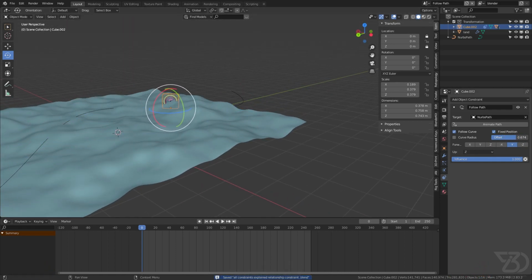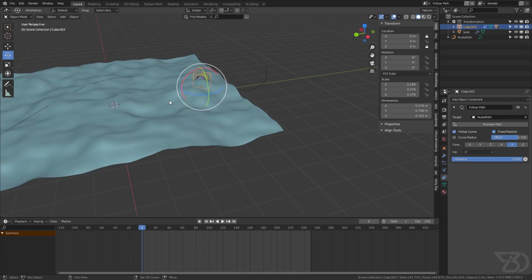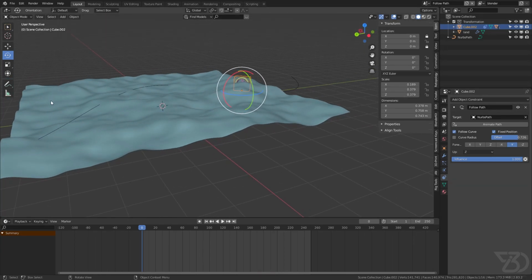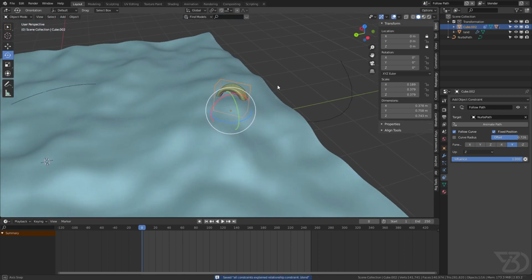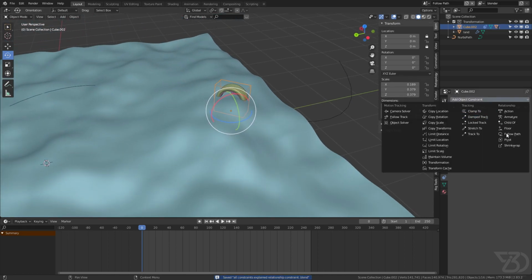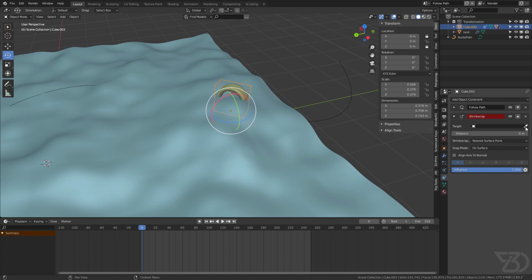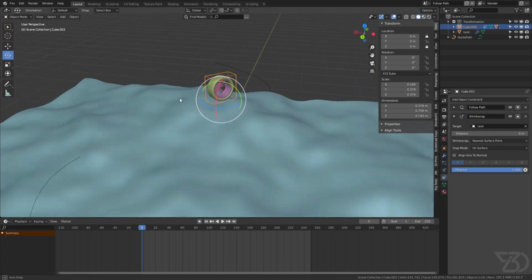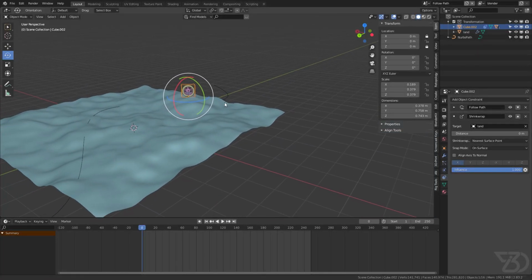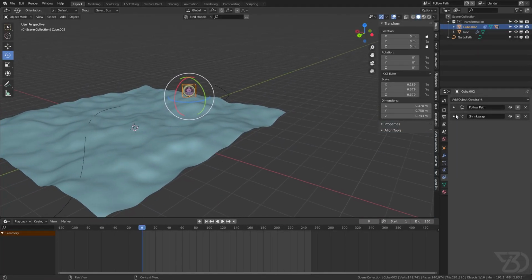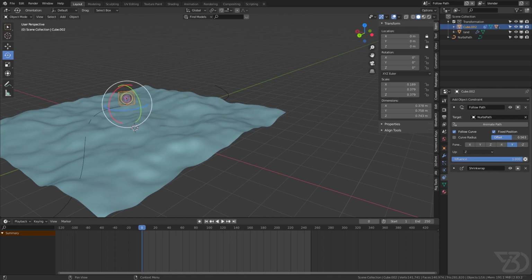But if we want it to go from like that, then we will need another constraint, which is going to be our shrink wrap constraint, and then we will select that land. See, as soon as we set it to land, now it's on the top of this land, and now we can move it like that and that.